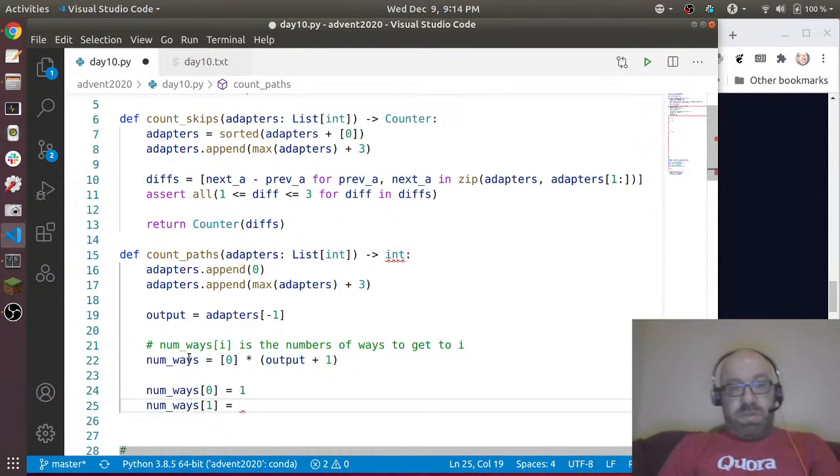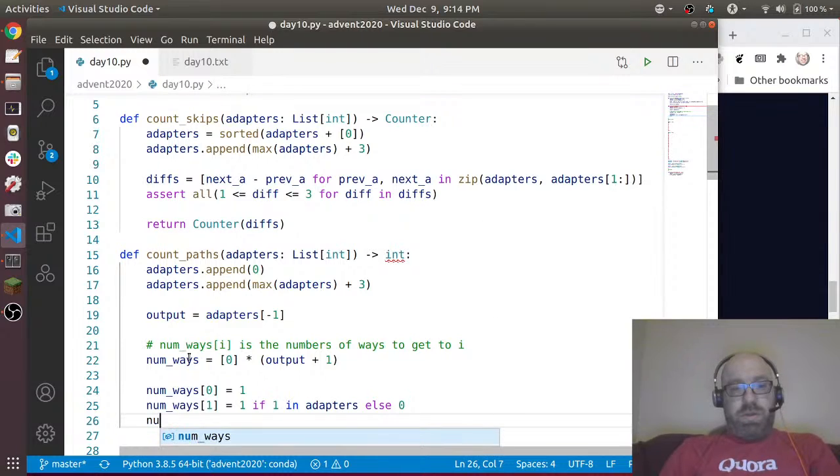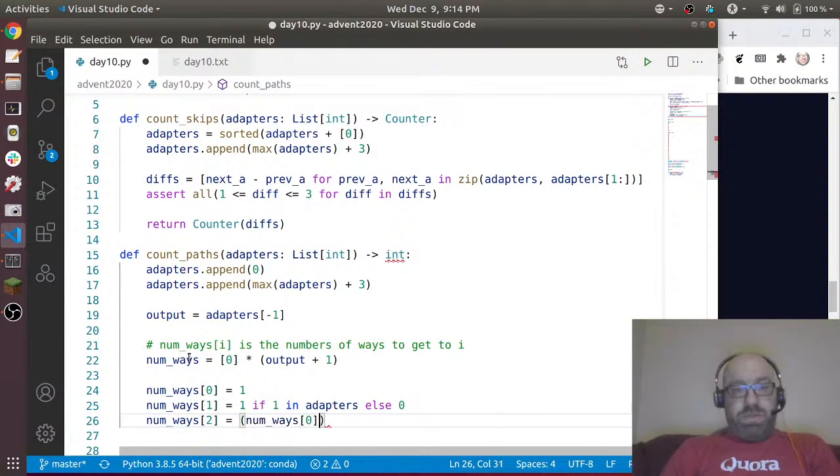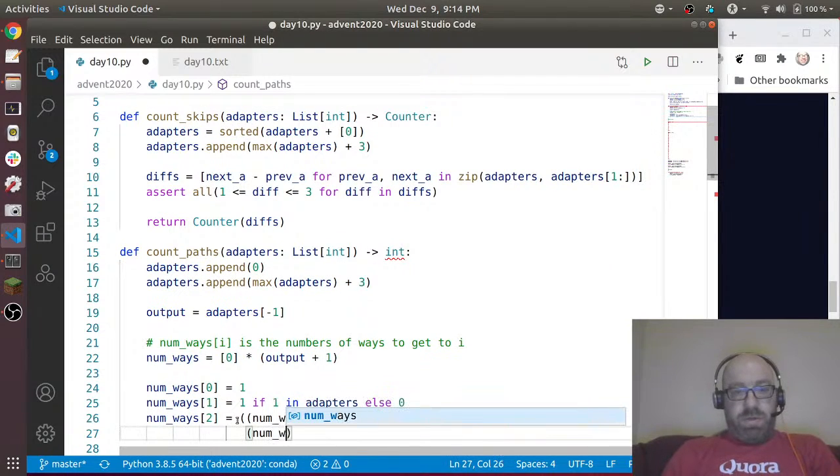and let's say 1 if 1 in adapters else 0, and num_ways[2] equals num_ways[0] if 2 in adapters else 0 plus, so I'll talk a little bit about how I'm doing this in a second, num_ways[1] if 1 in adapters else 0. Okay,